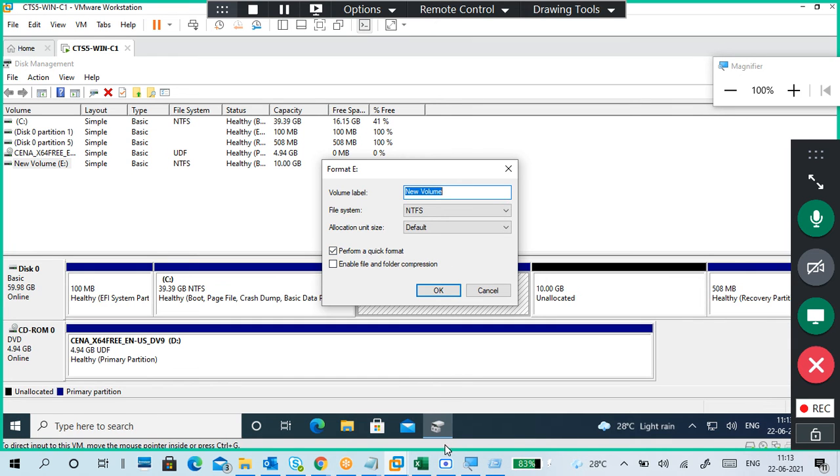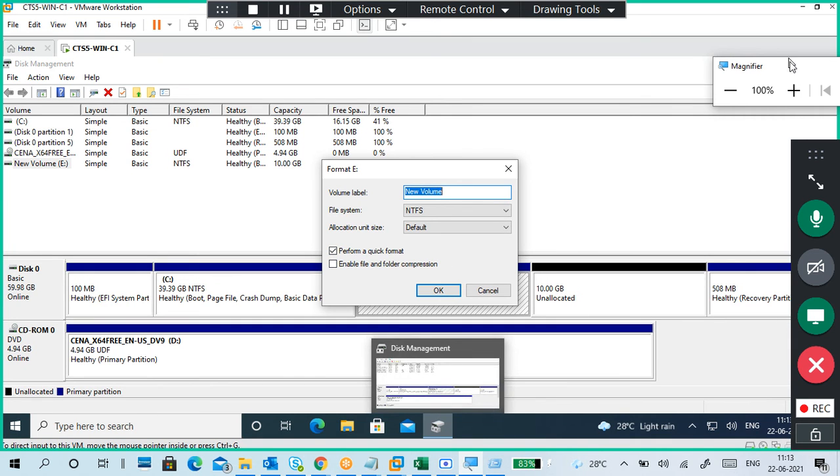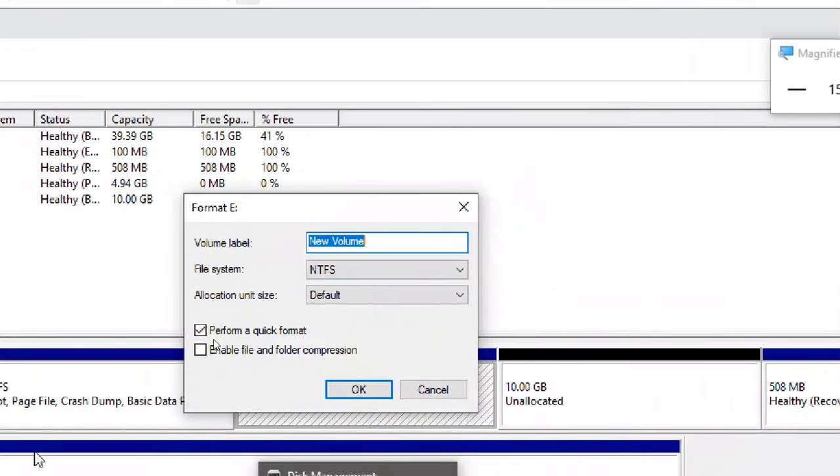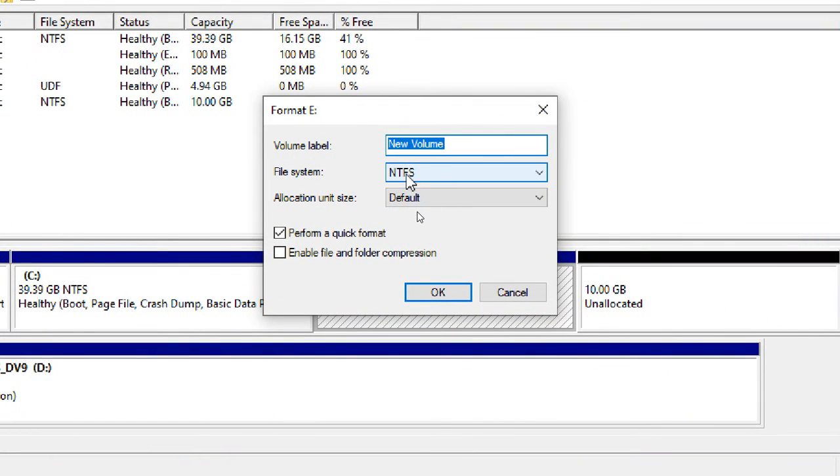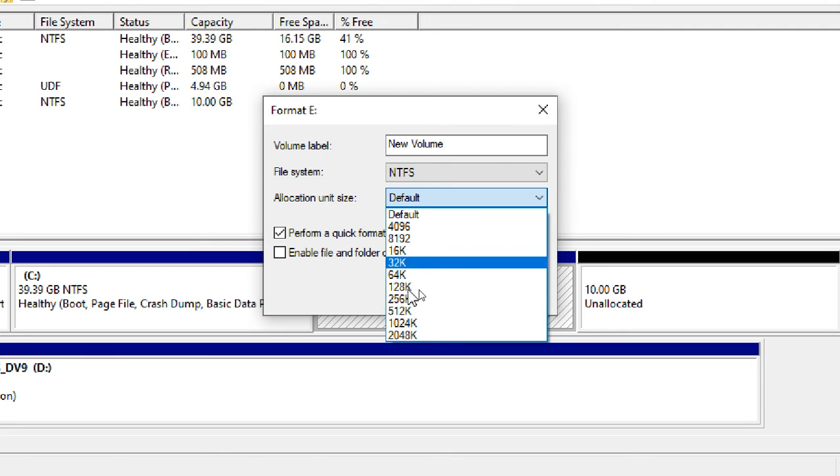It shows the file system allocation unit size. What is this allocation unit size? It is nothing but the cluster definition.